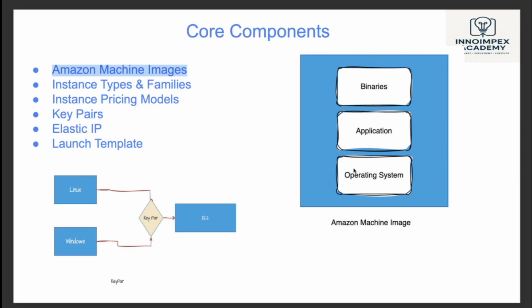Now let's consider a scenario. Normally what happens? You have an operating system. For example, all of you have a Windows operating system in your local machine. You might have installed, let's say, Visual Studio Code. You might have installed some plugin or binary needed for Visual Studio Code to support Python or Linux-based applications. Correct, guys? Now you have everything stored.